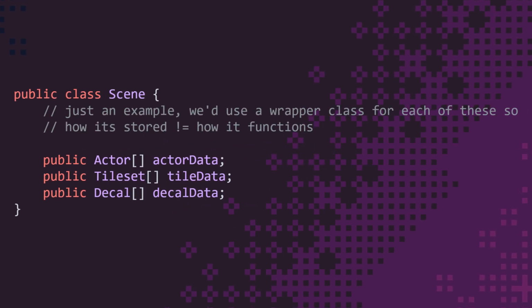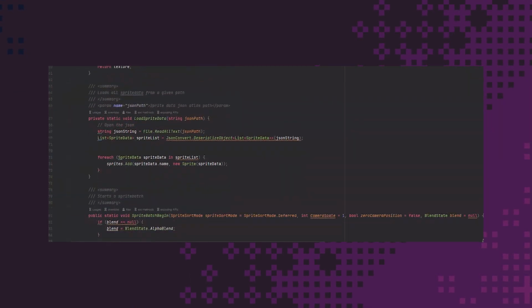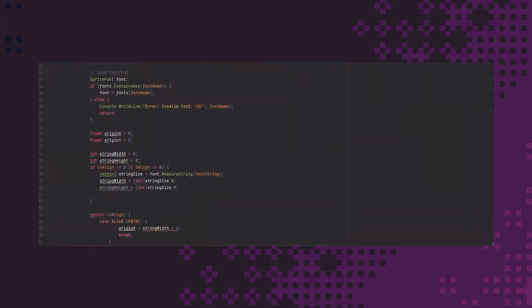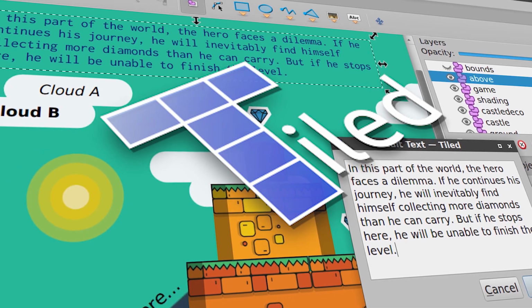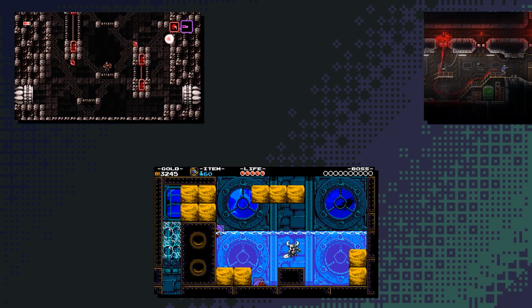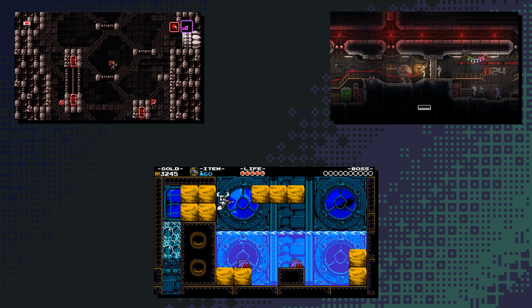This is already much better than the mega loop from hell, but writing this all out by hand is a massive waste of time. We need a level editor, and this is something complex enough where I really shouldn't be reinventing the wheel. So, Tiled is super popular, and for good reason. Shovel Knight, Axiom Verge, and Carry On all use it as their level editors, and